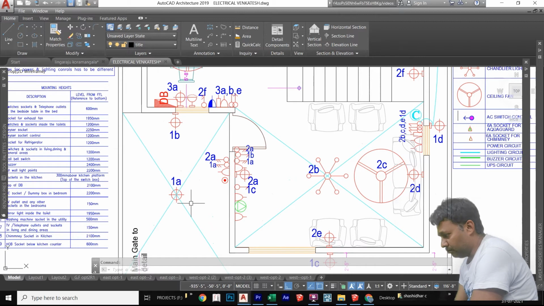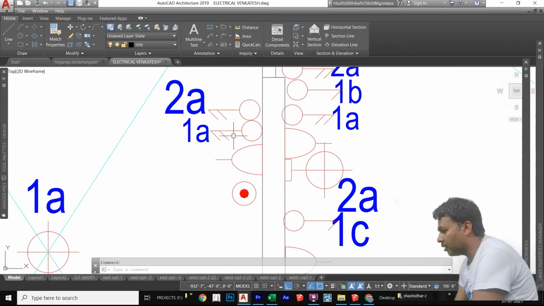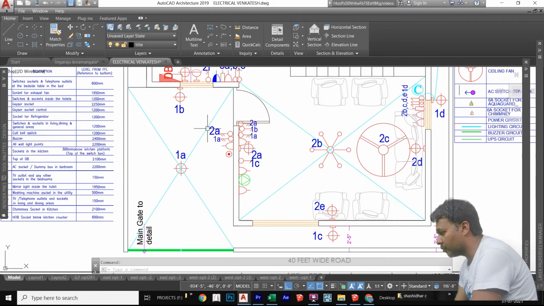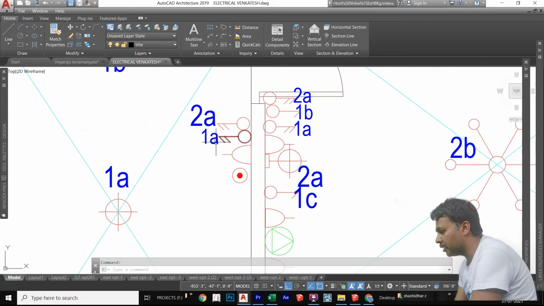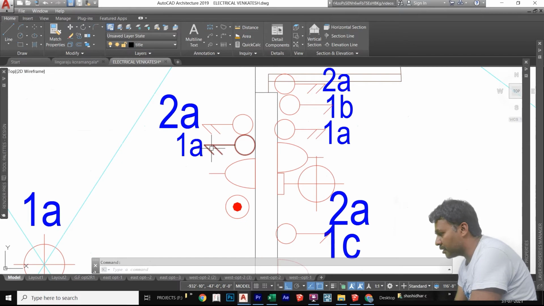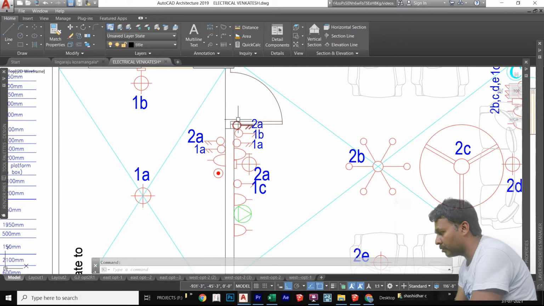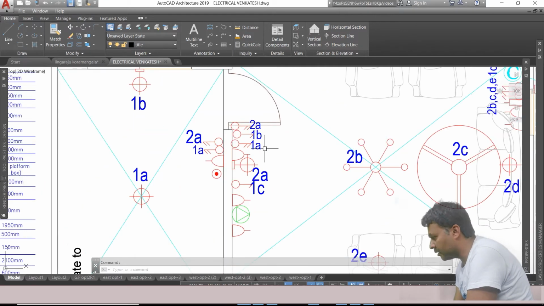And this ceiling lighting point is controlled from the point I have given here. Once my car enters and stops here and the driver opens the door, he can directly use the switch point here, and this symbol stands for two-way switch. So I can switch on here, open the door and close the door. He can switch off from the outside also, and from inside also, for the outside parking light.